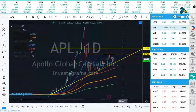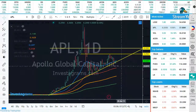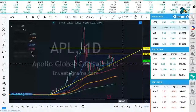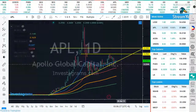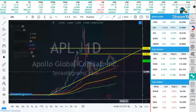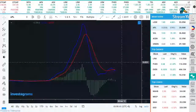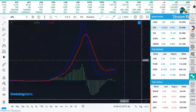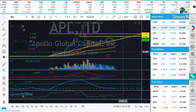Kasi kung ma-break yan, of course, it will go down. We will see here, in this area here, the support area. But if ever ma-break yung incline support, then the movement of the price will be changed for EPL. We'll see MACD. MACD is still above the zero line, but it's closing down. So the momentum is now weak as of 10.06. We will see the next movement of EPL, but for my general opinion, I will wait for this incline support